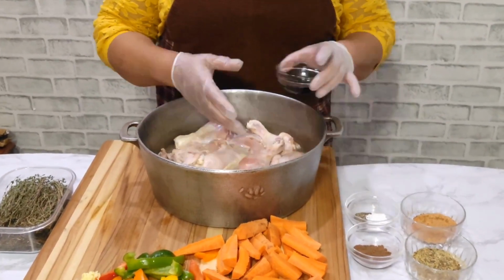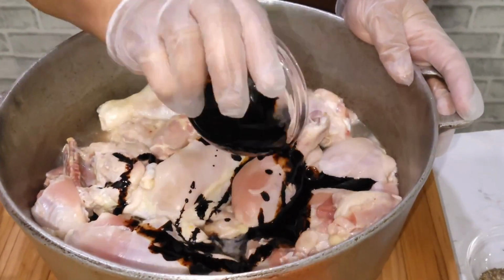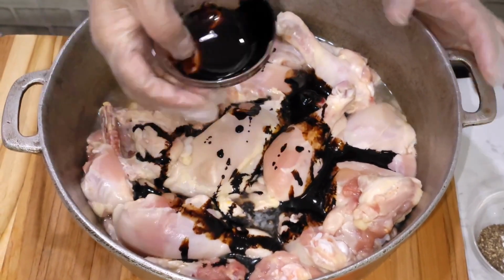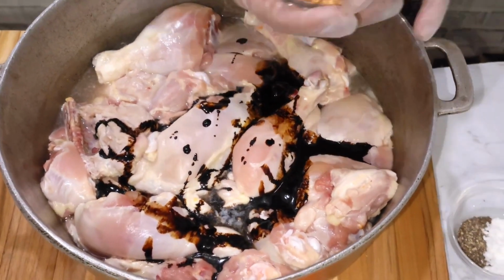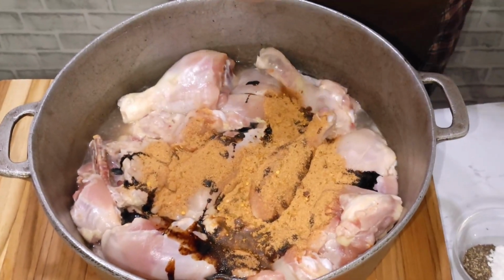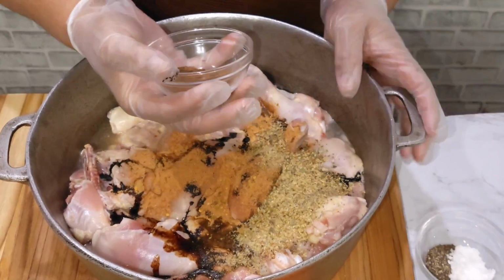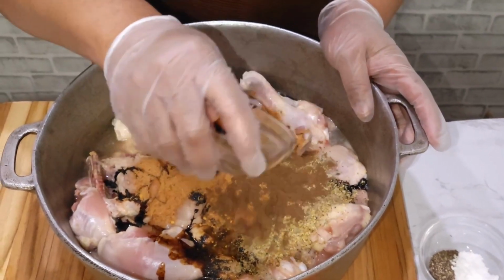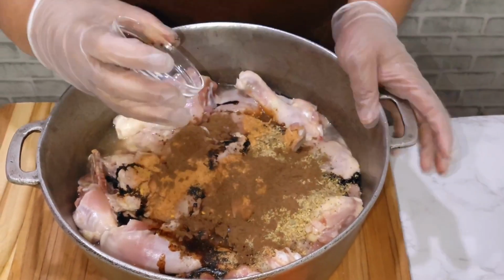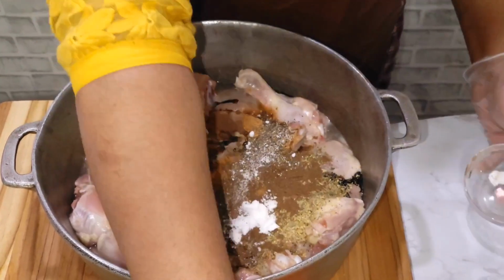So I'm going to add 2 tablespoons of browning to the chicken. It gives it color. Instead of browning it with the oil, this is what gives it color. And 2 tablespoons of all-purpose seasoning, 2 tablespoons of complete seasoning, 1 tablespoon of allspice, and this is pimento, and 1 tablespoon of salt and half a teaspoon of black pepper, and half of the Scotch bonnet pepper,